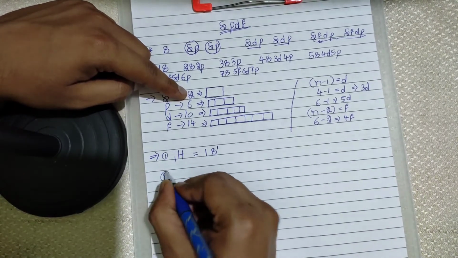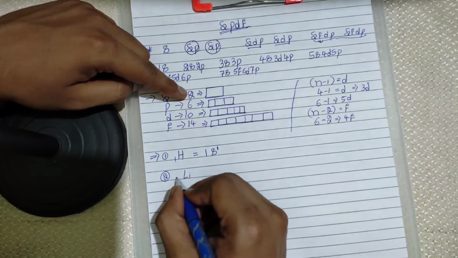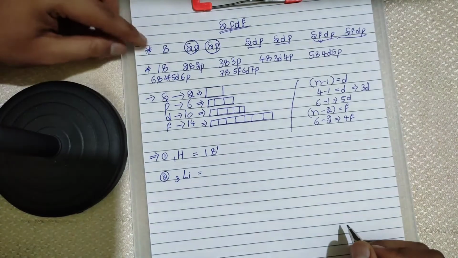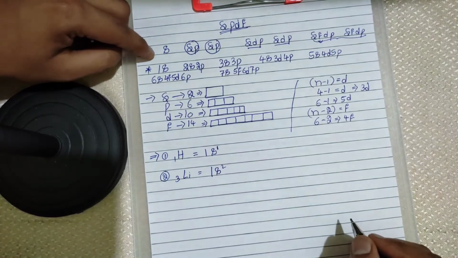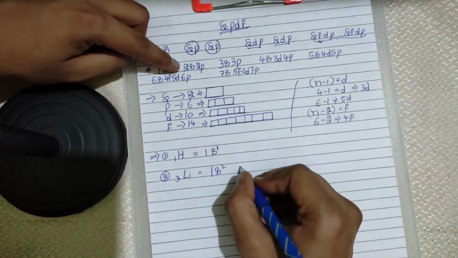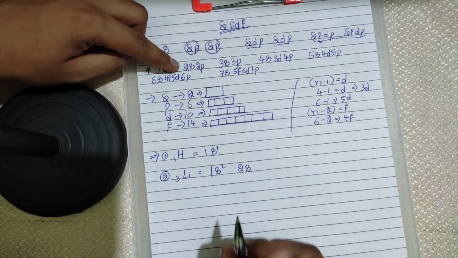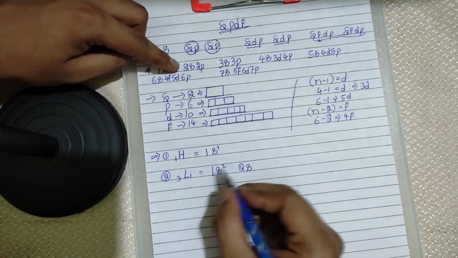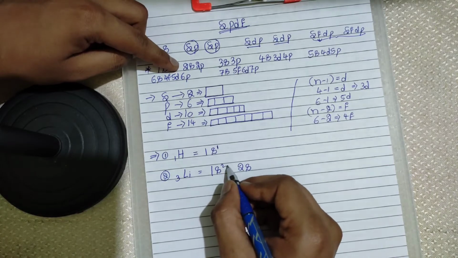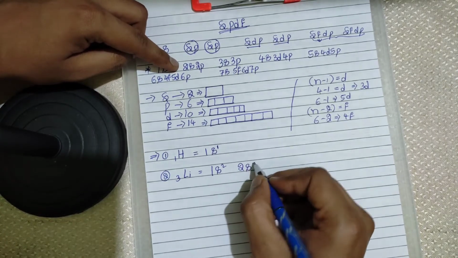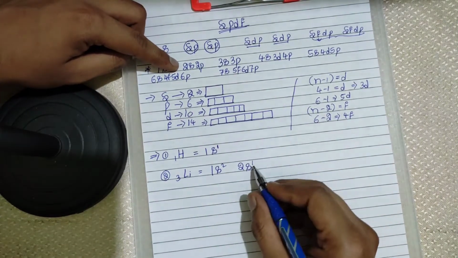Let us take the second example, lithium. The atomic number is 3, so we have 3 electrons here. How to fill? In 1s, 2 we have filled. Next let us go to the second column, 2s. We are left with 1 because 2 we have filled. We totally have 3 electrons. 2 we have filled in 1s2. Now 2s1 will be left. So 2s1 I have written here.